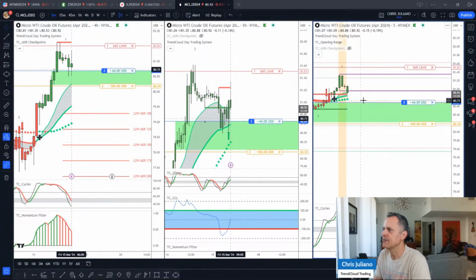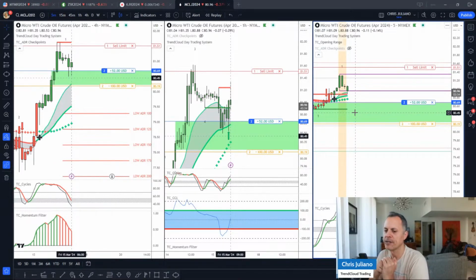Looks like we're breaking out to the downside, but if we do pull back into here, you just gotta go with it. We're already in this trade. We've got trend on our side, but momentum is against us. So that's two opposing forces. We usually walk away from trades like that. If we were looking at this this morning, we would say, well, let's wait and see what happens. But we got into this trade